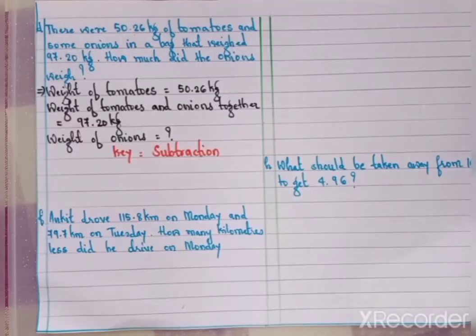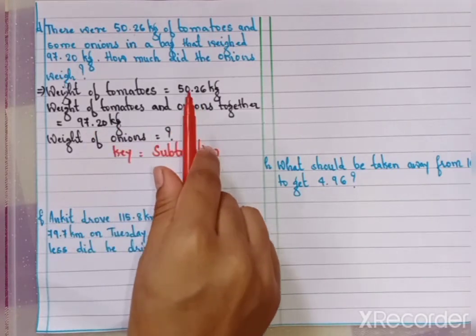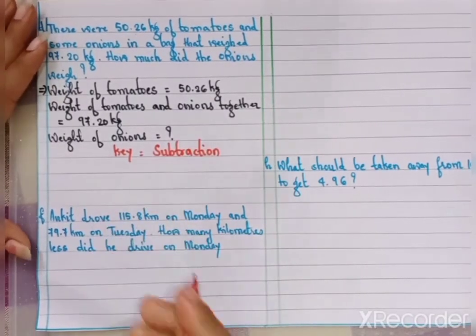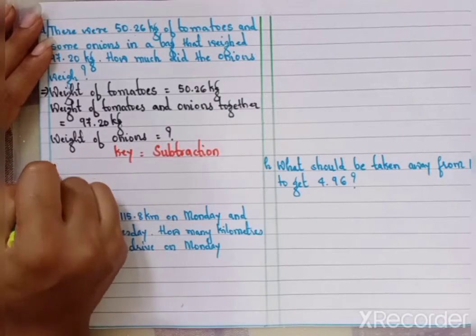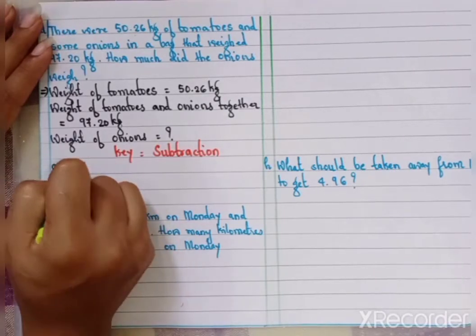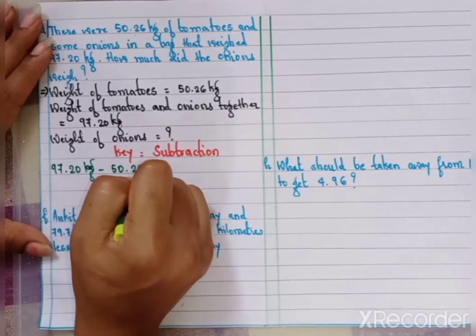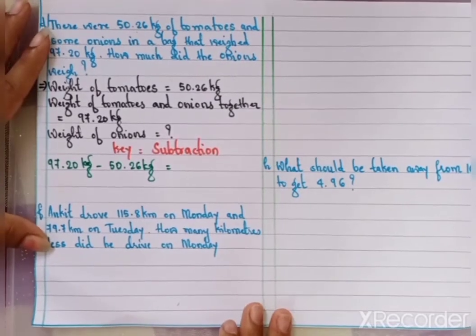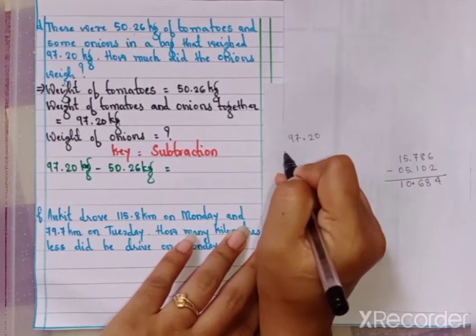So they have given the total weight of tomatoes and onions, 97.20 kg, and the weight of tomato is known, and we have to find the weight of onions. So let's subtract them. Therefore, 97.20 kg minus 50.26 kg equals, now let's carry out the rough work. Let's subtract 97.20 minus